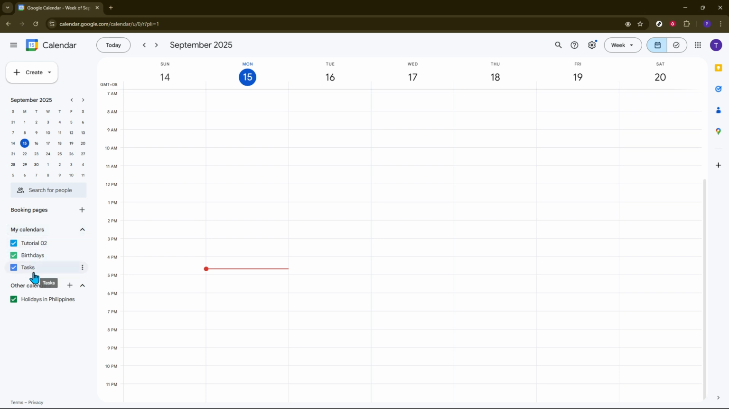Now let's look at how to change calendar views. At the top of the screen, you'll see a drop-down arrow. Click on this to toggle between different view options like day, week, month, and year. This feature allows you to customize how you see your schedules, helping you plan more efficiently based on your preferences